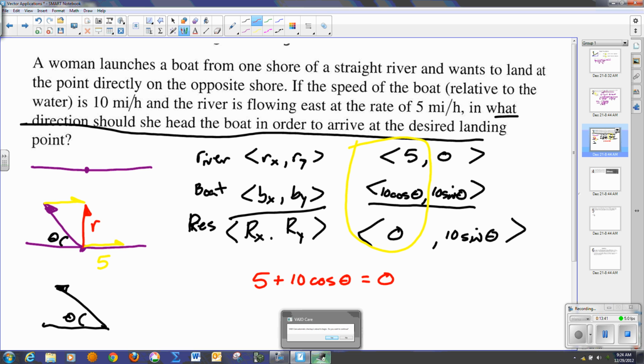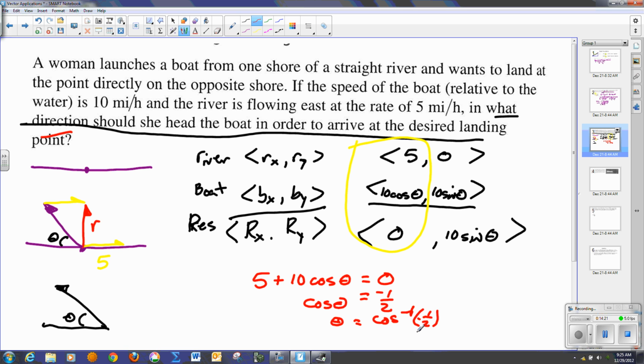Well, I can solve for theta in this, and since theta is what I'm trying to get as an answer, because I'm looking for what direction should they head the boat in, I can go ahead and do some simple algebra. So I have basically what, negative 1/2 is equal to cosine of theta. Right? And if I take the inverse cosine of that, then all I have to do, pop that in my calculator,